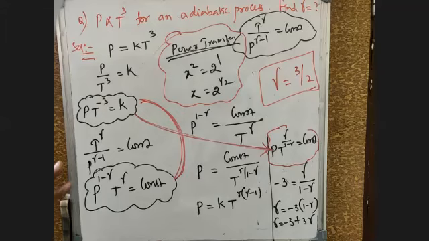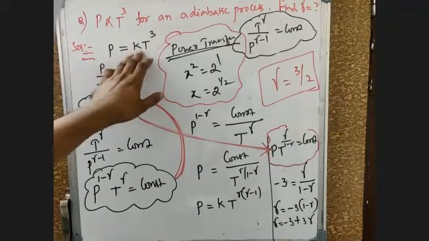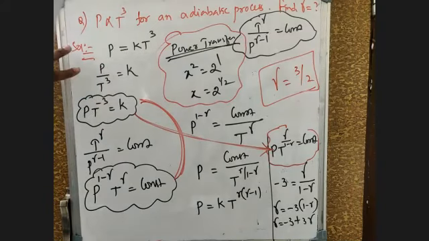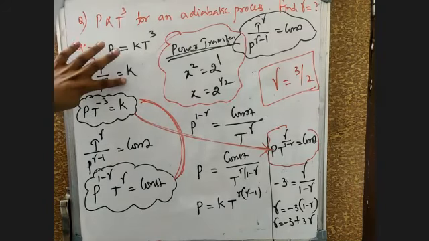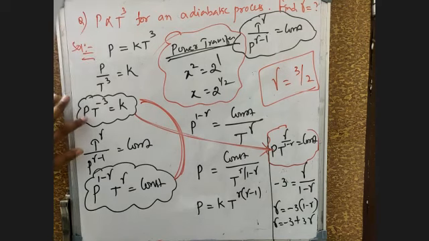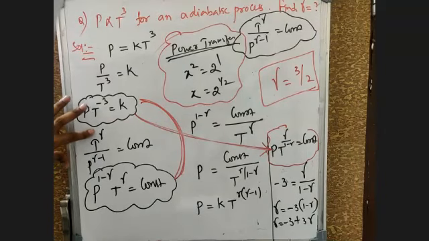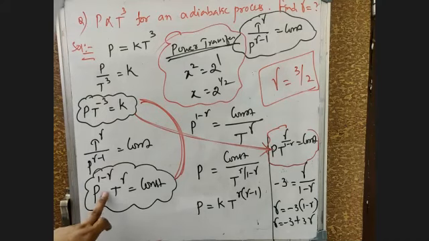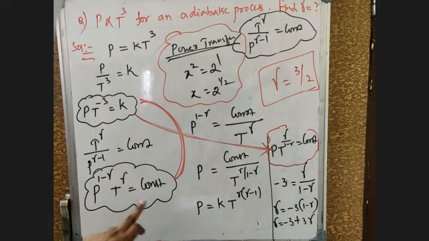Sir. This is very, very important. Go through it once again, beta. P is equals to kT to the power of 3 by 3. I can write this one as P T to the power of 3 is equals to constant. So here nothing gamma is there. So I'm writing this one as P T to the power of minus 3 is equals to k. But I'm having the relation between temperature and pressure as T to the power of gamma divided by P to the power of gamma minus 1 is equals to constant. That means P to the power of 1 minus gamma times T to the power of gamma is equals to constant.